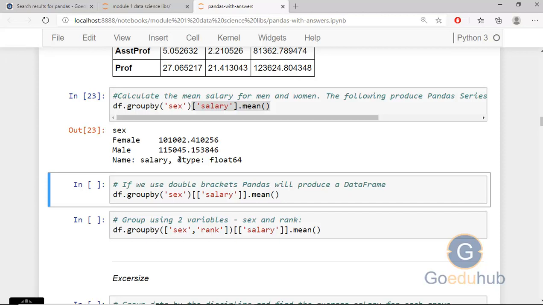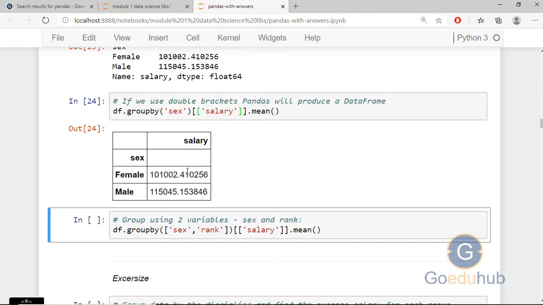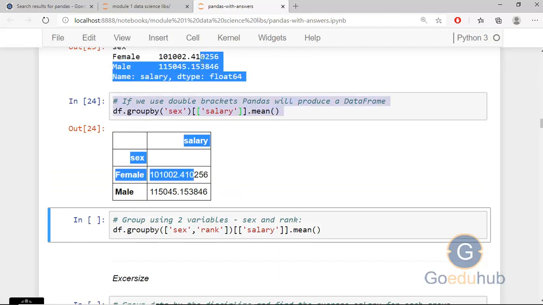And the next question: the same problem we can solve like this also. Here the difference is we have written double square brackets. So you can see the output will be produced in the form of a data frame. This is a data frame, and the previous one is a series.